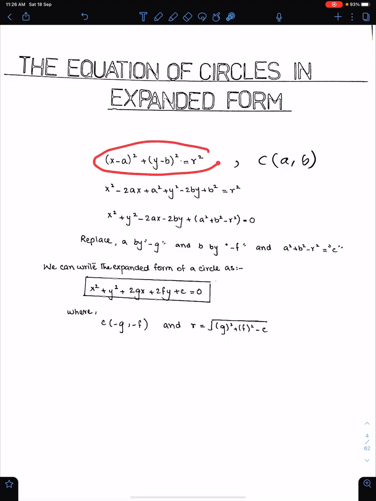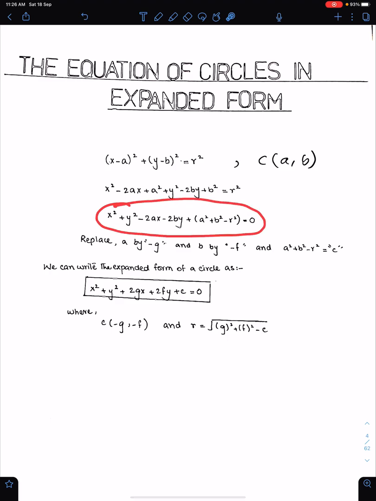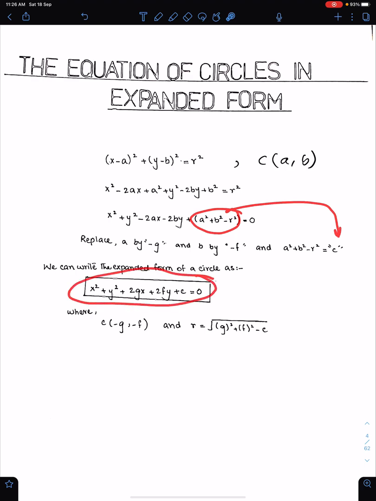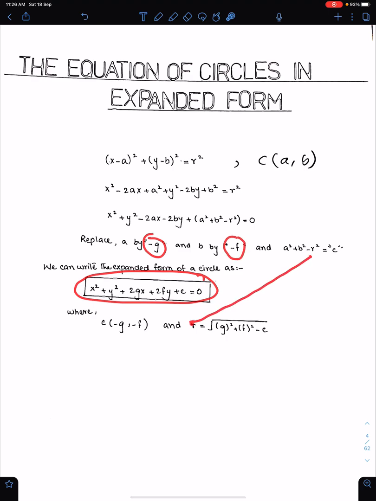The equation of circles in expanded form. When we will expand this equation, we will get this equation. By replacing a by minus g and b by minus f and this entire thing by c, we can get this equation. So this is the equation of circle in expanded form with center at minus g and minus f and radius is